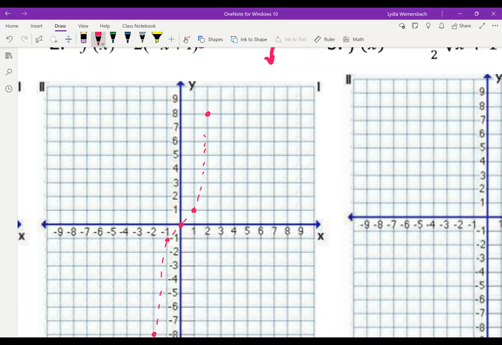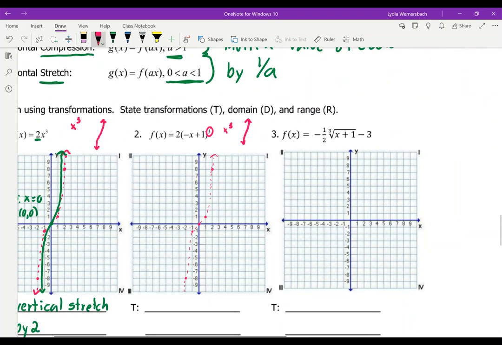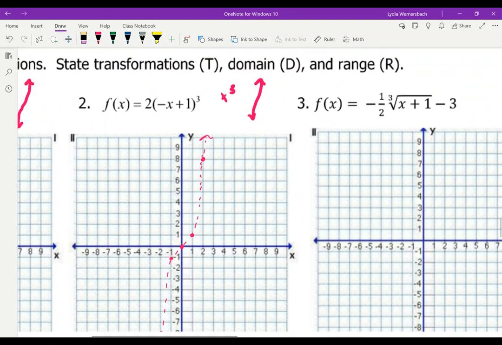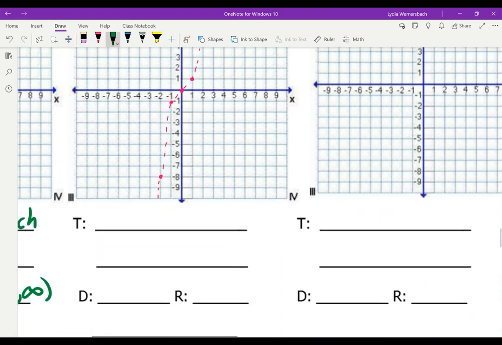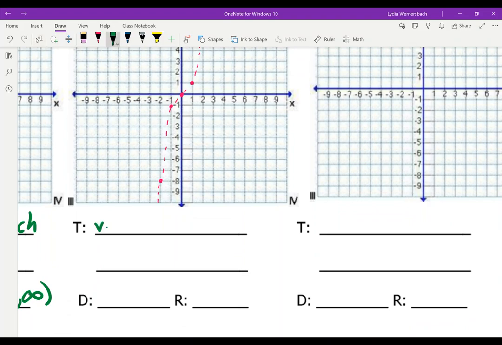Now, you can do each of your transformations in a different color if you'd really like to. But I kind of try to get used to doing them all together because we're going to be doing this kind of all year. So we got a couple of funky things happening. So we'll start with, again, we're going to work left to right. So we'll start with this piece, which is that 2. So that's still the same thing as last time. That is a vertical stretch